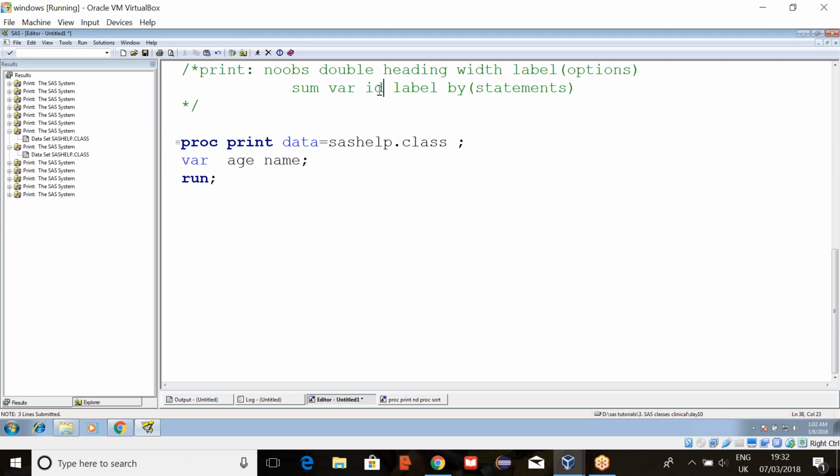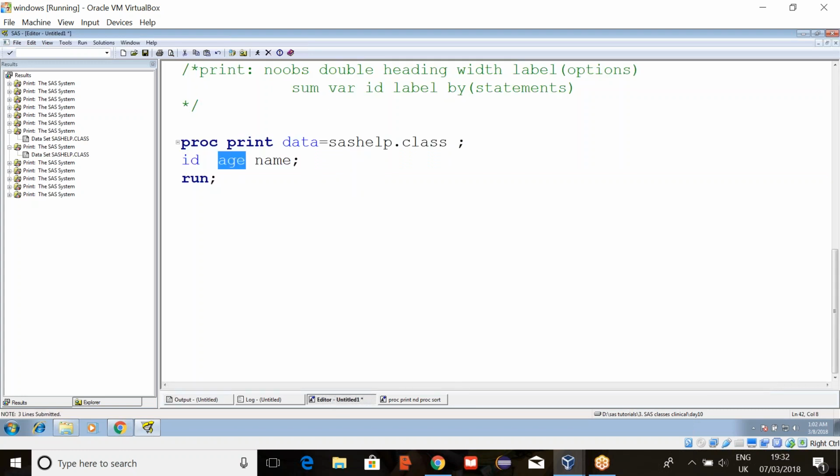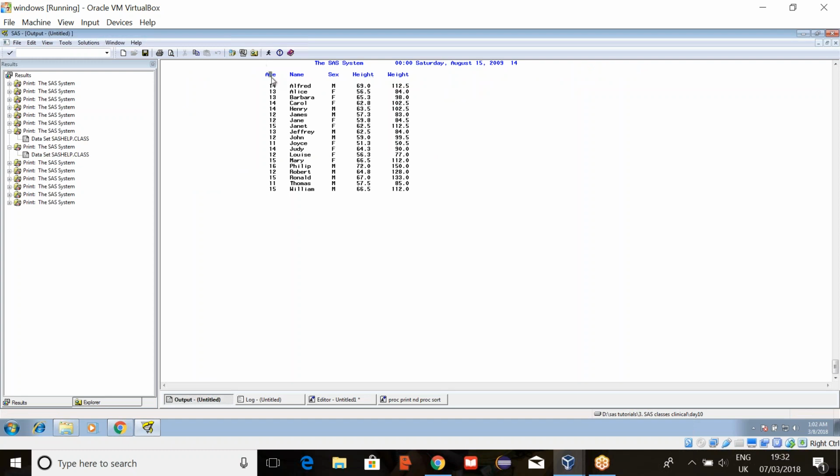Next one is ID. In an ID statement, whatever variable we keep, that variable it will print first and then it follows the rest of the variables. What is the order of our variables? Name, sex, age, height and weight, right? Now if you write ID age, it will keep age first and then the remaining variables.